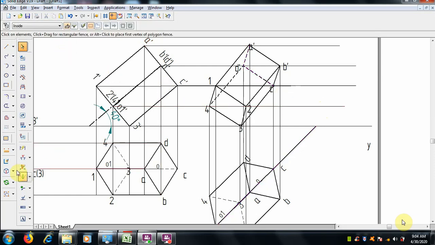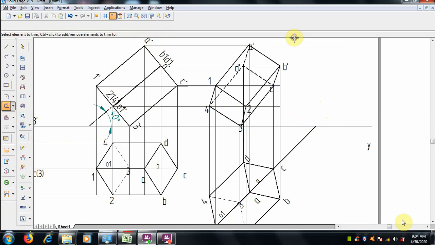So AD, DC and 4D are hidden lines, because they are coming under the visible lines which are processing the visible image.